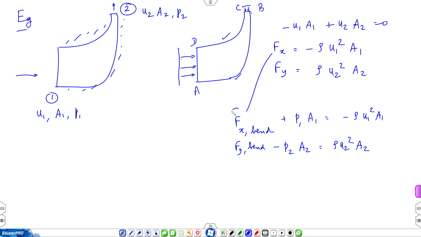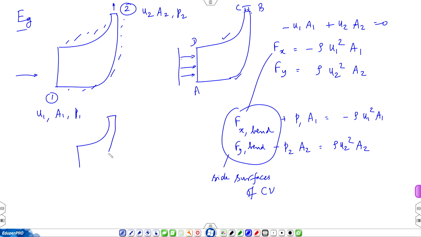So, these are to be interpreted as forces acting on the side surfaces of C V. So, if you show just the tube, this solid material,